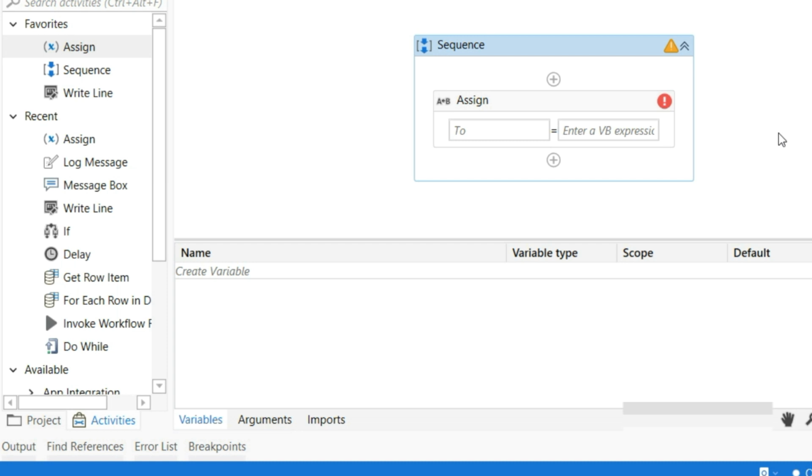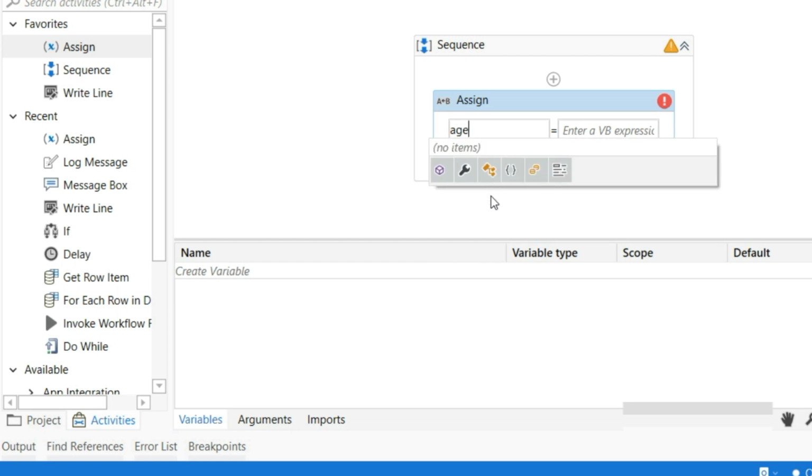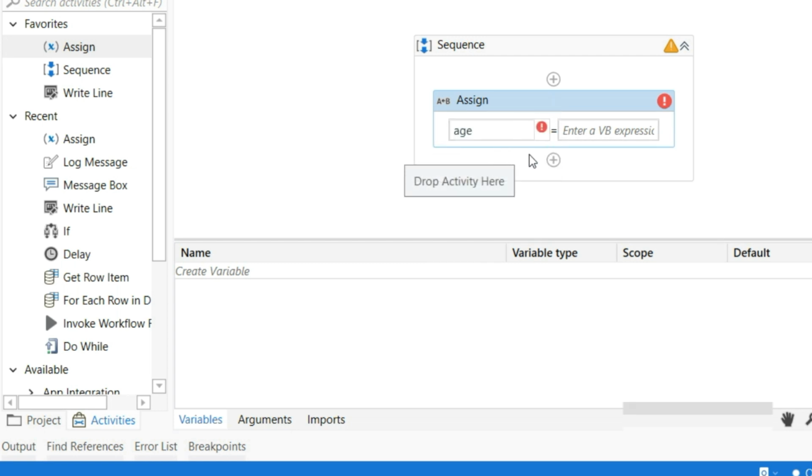Suppose I have to create one variable called age, and I have to assign some value to that. So this is the assignment statement, right? I will have the variable name at the left side, and I will use the value at the right side. Suppose the variable name is age. If I type this age over here, it will show an error. Why? Because UiPath assumed that this age is a variable, but actually at present this age is not a variable. So we have to create a variable. That's why it is giving an error.